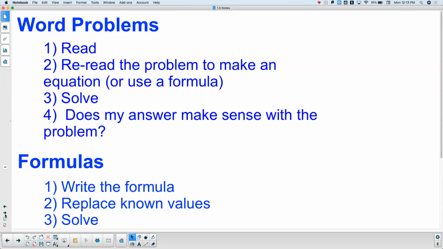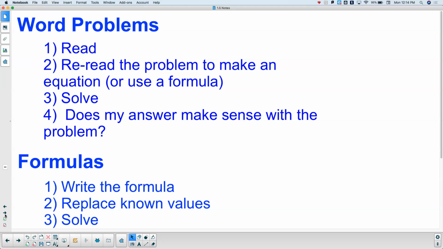Now, that equation, we may have to generate ourselves if there's not a formula that we know of that we can use. So we might have to generate an equation, or later on in this class, we'll have to generate 2 or 3 equations based off of that word problem. Then we can solve it,